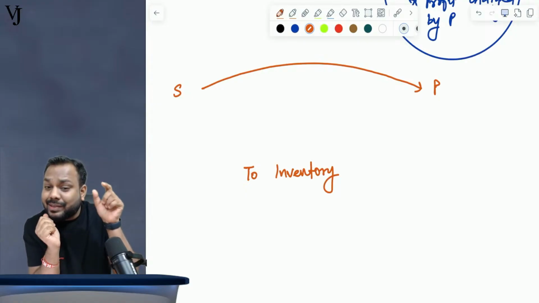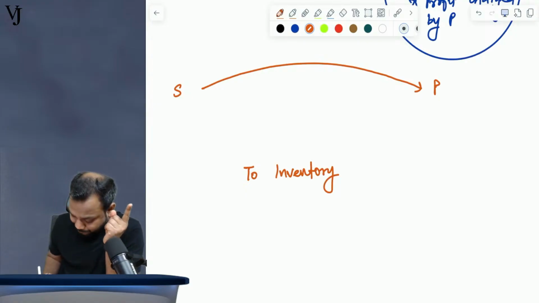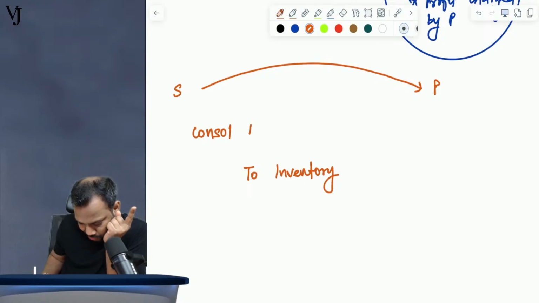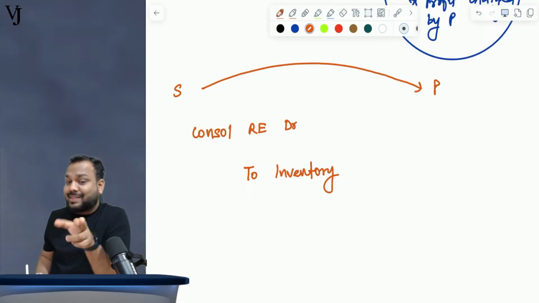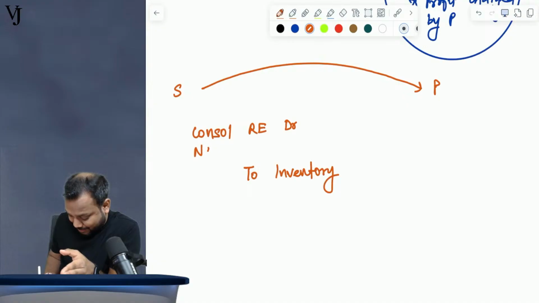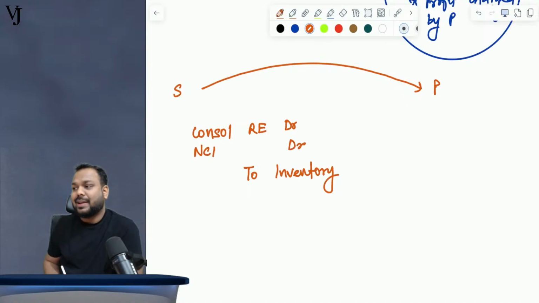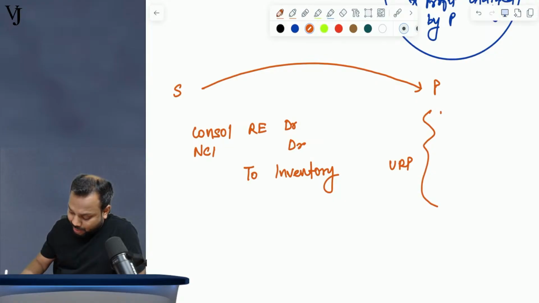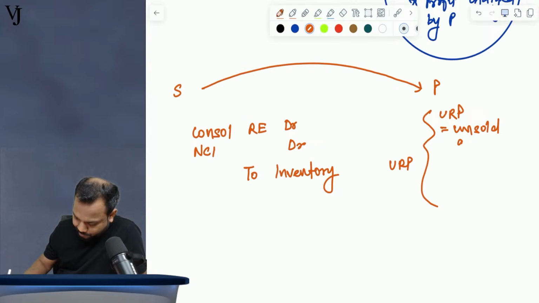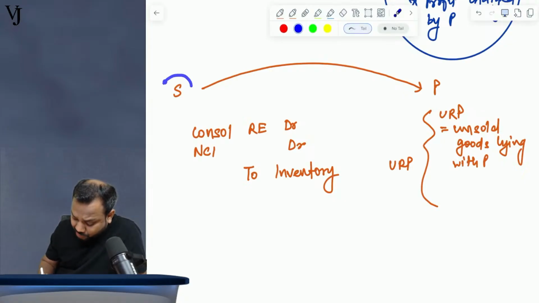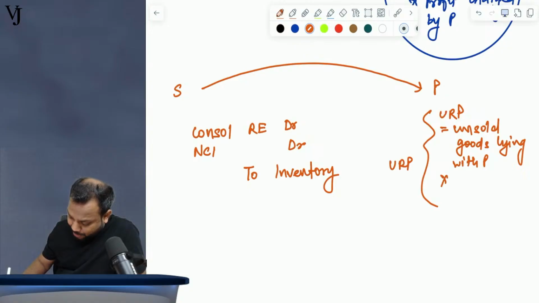Now, where does the parent's share of profit go? Console RE. Where does the NCI share of profit go? NCI. Okay. By the amount of unrealized profit. And how will you compute the unrealized profit? Unrealized profit is unsold goods lying with P that was purchased from the subsidiary, multiplied by profit